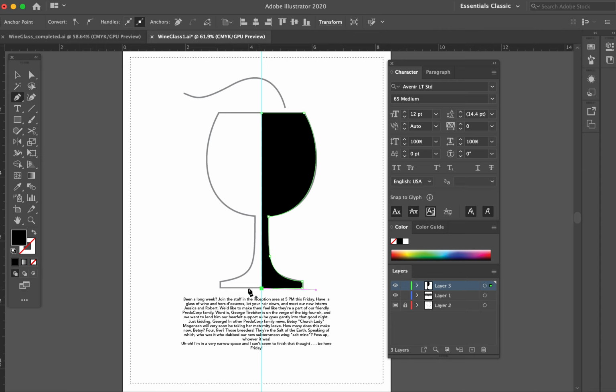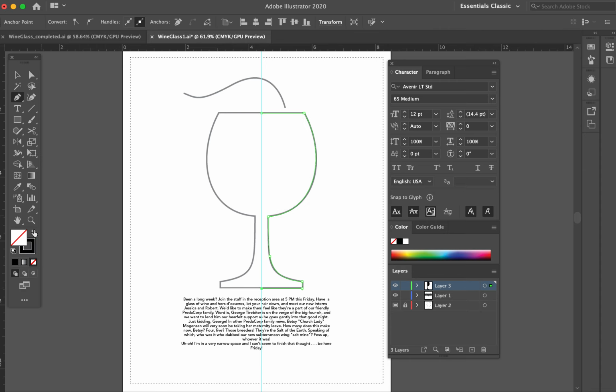Perfect. Now I'm going to hit Return. I'm going to swap the fill and the stroke because all I need is the stroke, and now I'm going to mirror my object. So I'm going to go with the black arrow. I have the whole object selected. I'm going to go under the Reflect tool, and oops, sorry, I have this one selected. Perfect. I'm going to go under Reflect, and the problem with the Reflect tool is I need to, if I